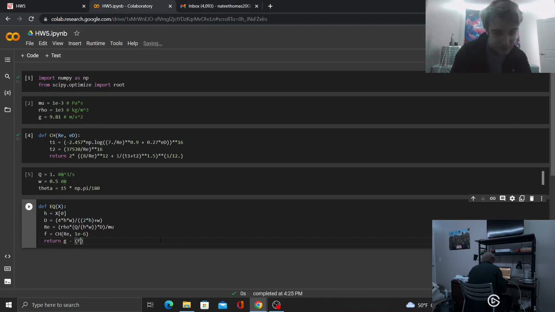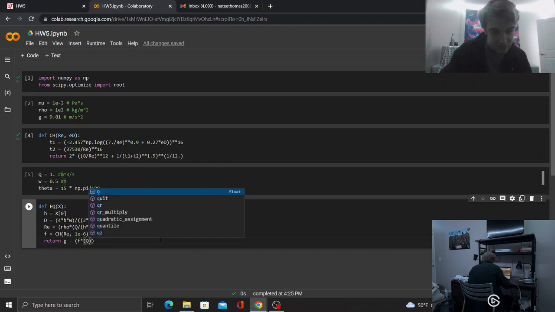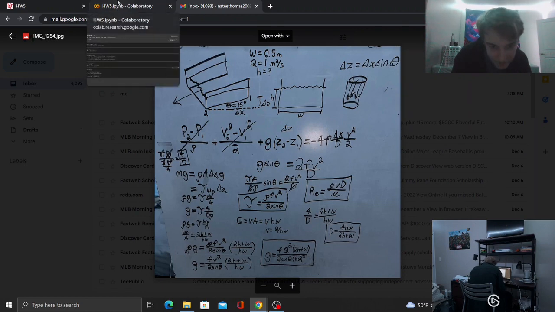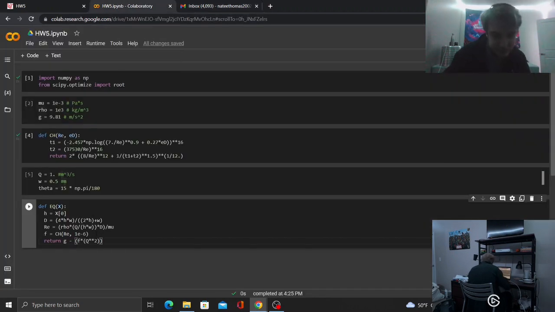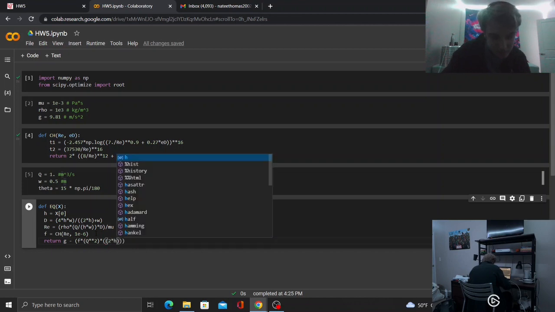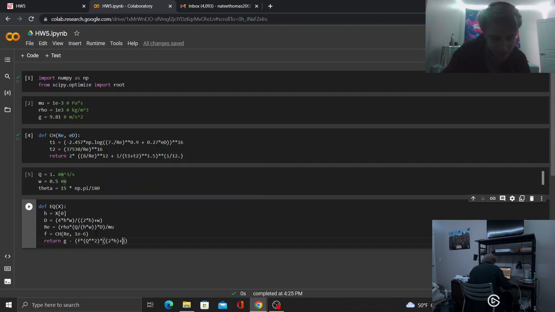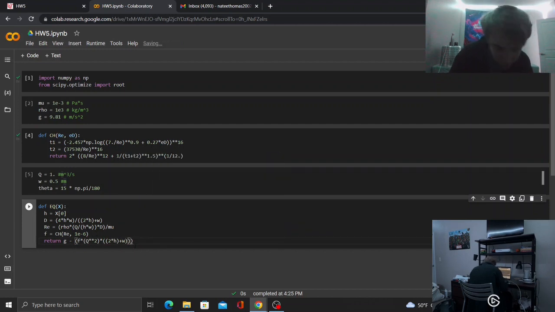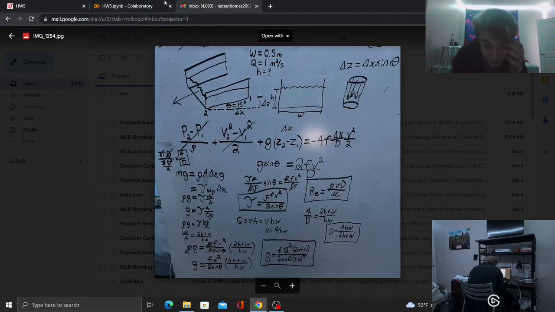So we'll have our Fanning friction factor times Q squared times 2H plus W, and all that is over 2 sine theta